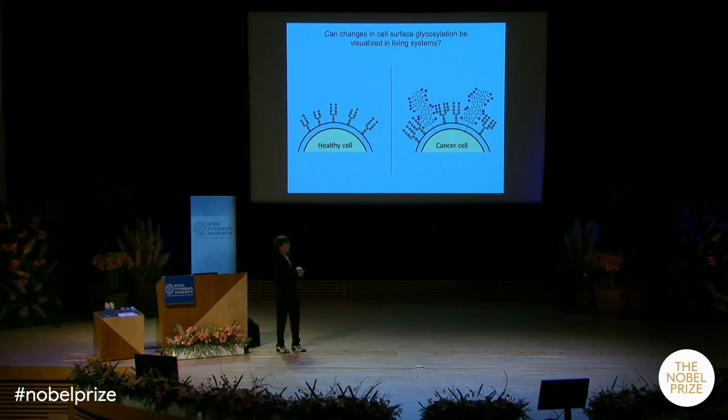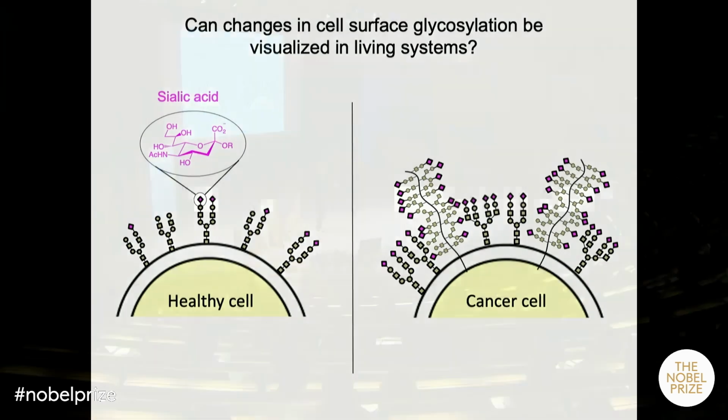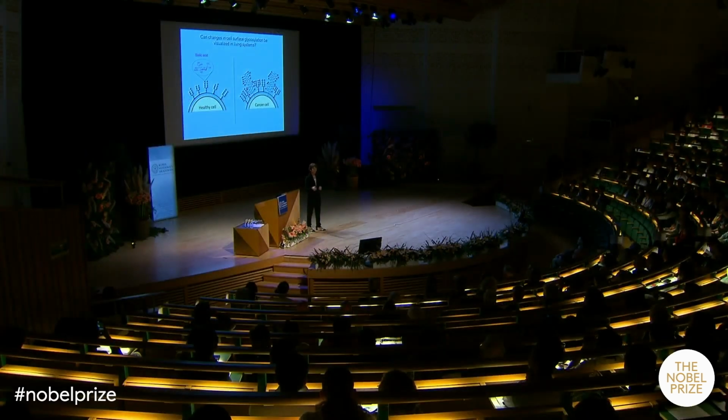And sometimes those changes in cell surface glycosylation are associated with disease. For example, it was already known back then that when healthy cells transform into a cancerous state in the context of a tumor, there are cell surface glycosylation changes that often include an overproduction of a particular sugar that's known as sialic acid. And it's one of the building blocks in the complex carbohydrates on the surface of your cells.